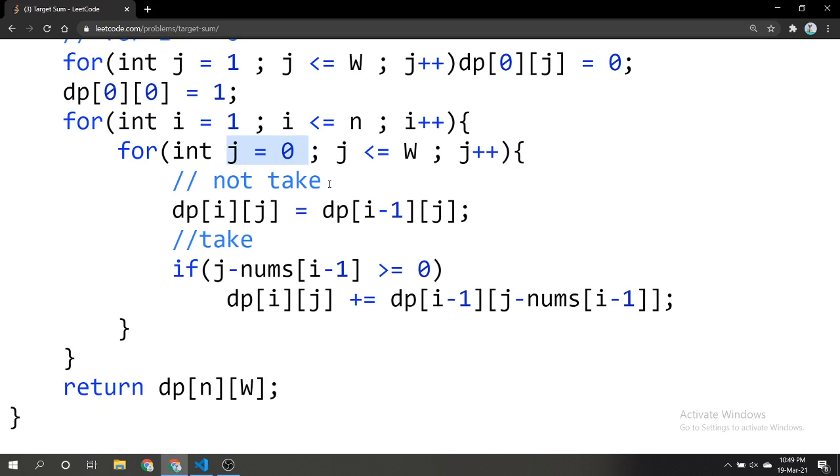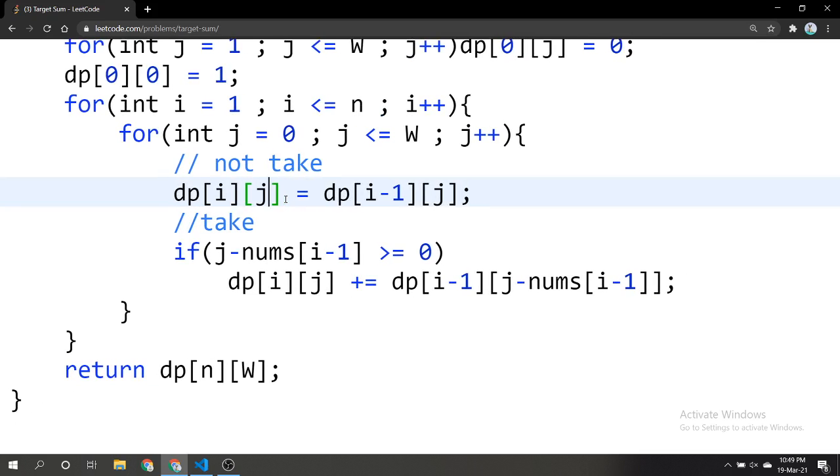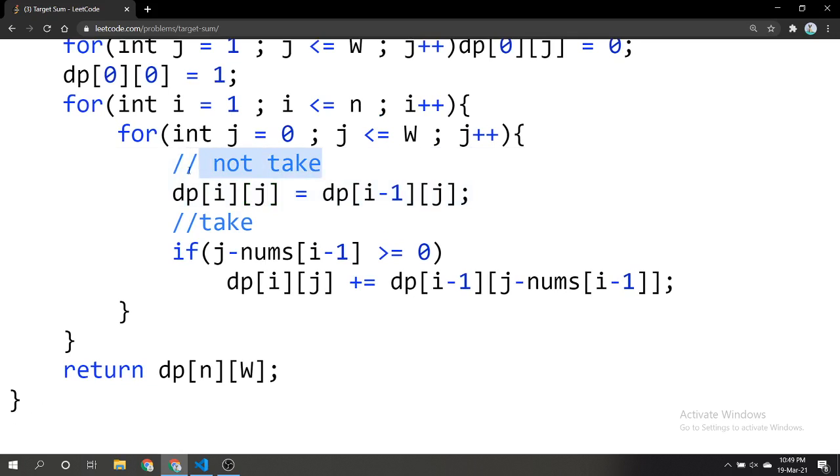So there are two cases: when I don't take the ith element and when I take the ith element.